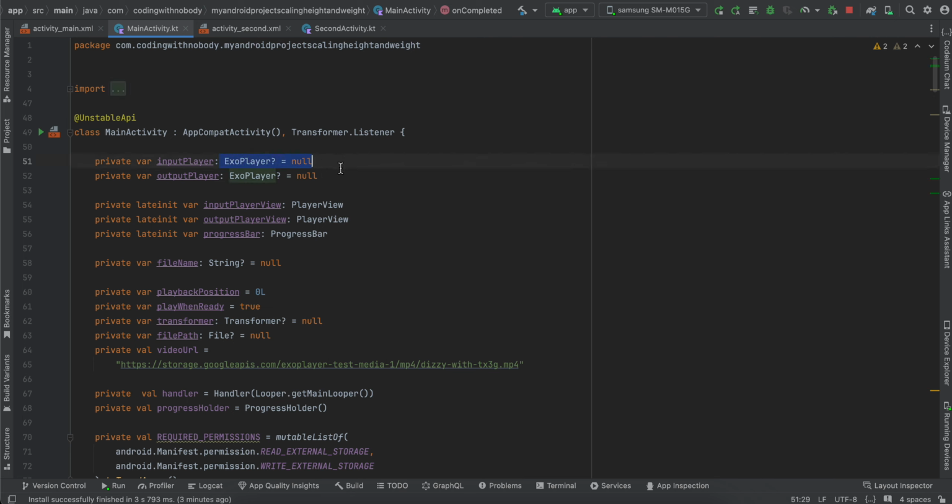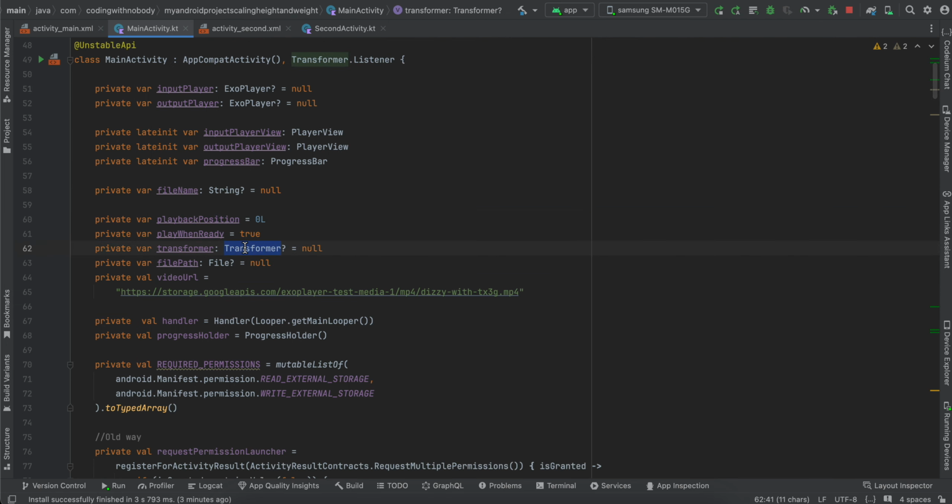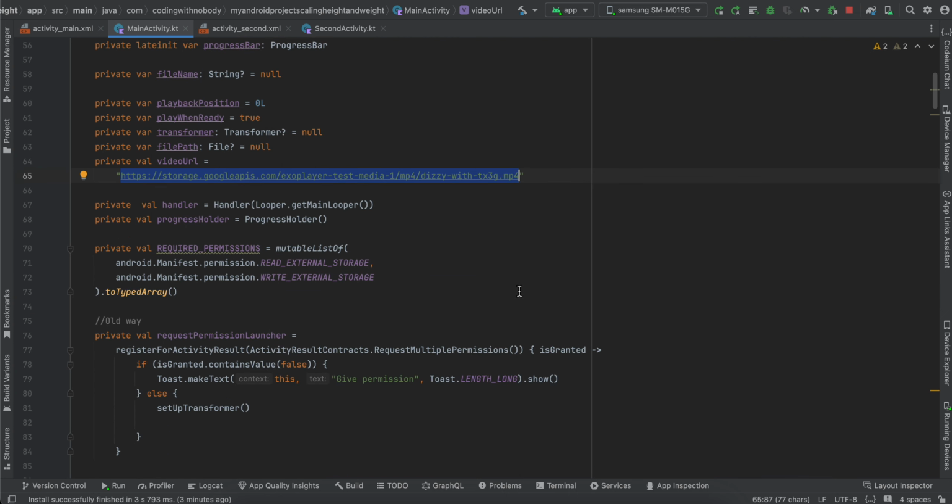Then I have defined two ExoPlayers, input and output. I have defined two player views as well, and one progress bar. I have defined one file name. This playback position and play when ready are for playing the video. Then I have defined one transformer. I have defined our file, and this is the video URL, the network URL from which I am playing the video. I have defined a handler as well as a progress holder, which will help us to track the progress